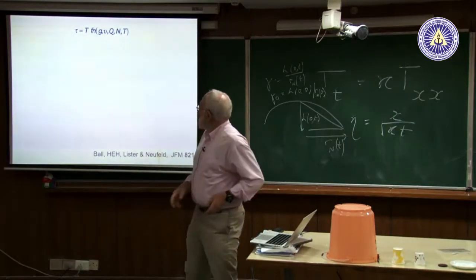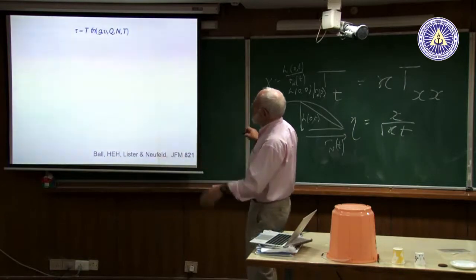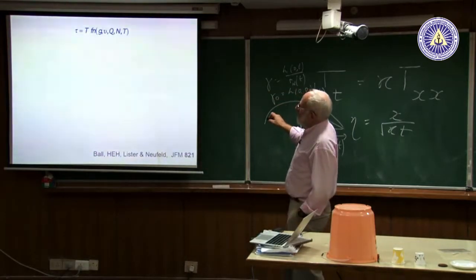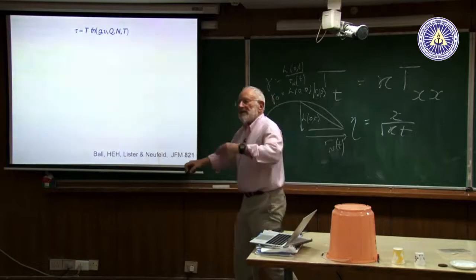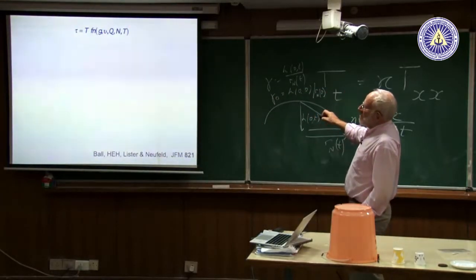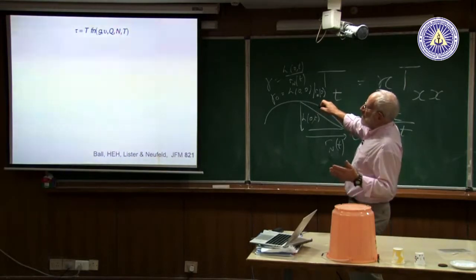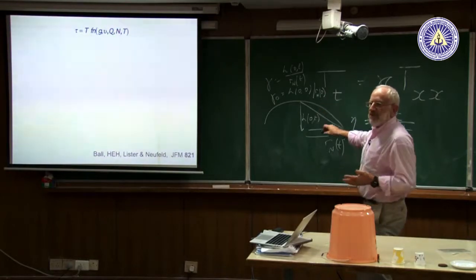Let me just say that in that case, if you change the flux, that's a simple case I'm going to do, after time capital T, the time taken for it to get back to the similarity solution, which I haven't told you the details of, but you can imagine, could depend on gravity, on the viscosity, on the initial flux, on n, which is how you've changed the flux. If n is 0, then you've turned it off, but you might increase it by a factor of 2.